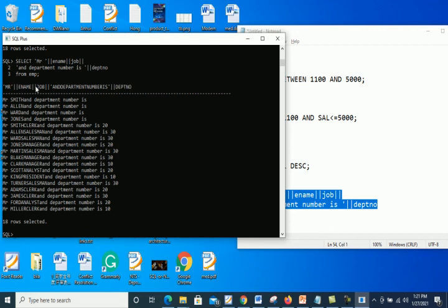So look here, this one is salesman clerk, Allen salesman, and this is Martin salesman, and here this is Adams and his clerk. So you can combine different columns also by using the concat operator.